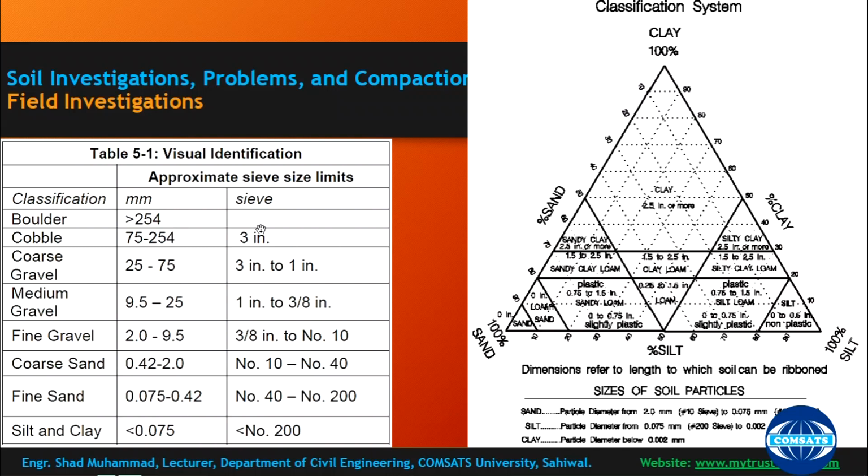If they pass through this sieve and are retained on this sieve, then they are cobble, and if they are retained on this sieve, then they are coarse gravel. So these are the classifications. And this is a classification system for clay, sand, and silt. If your sizes are given as percentages, they are classified based on percentage. If it has 30% clay, and you can see sand, and there are the mixes, such as sandy clay, silty sand, and those things.